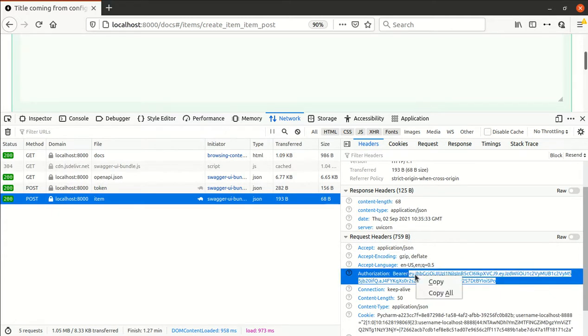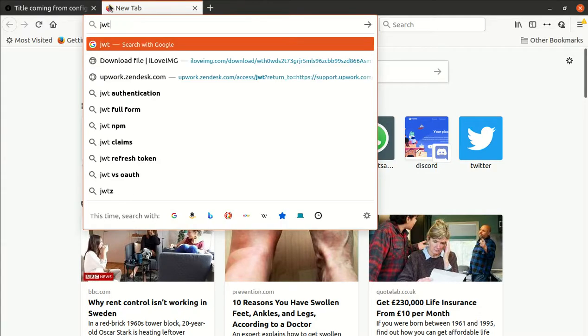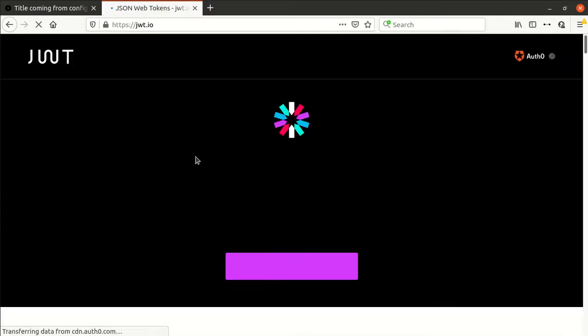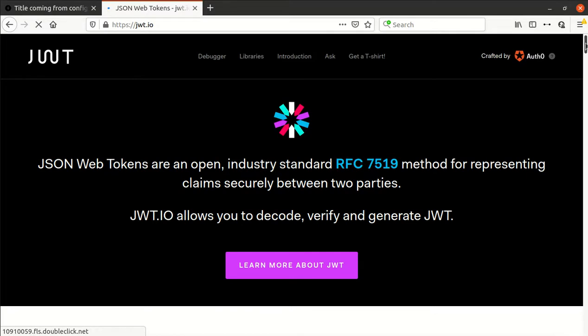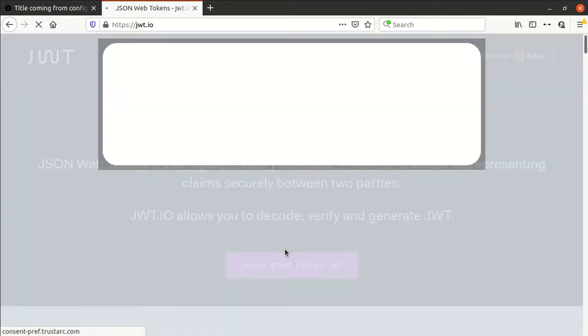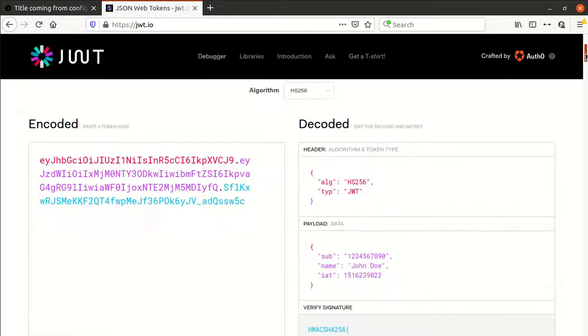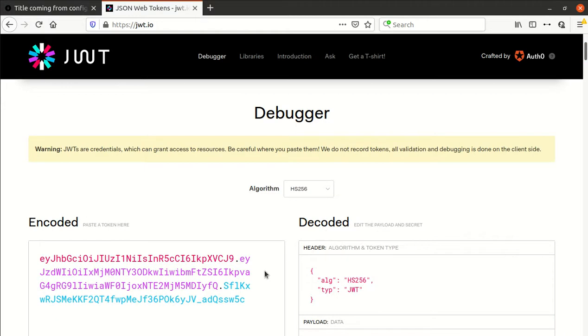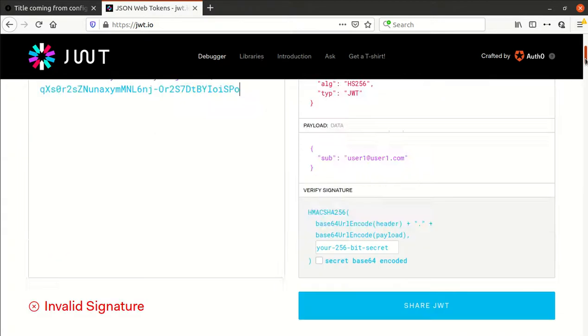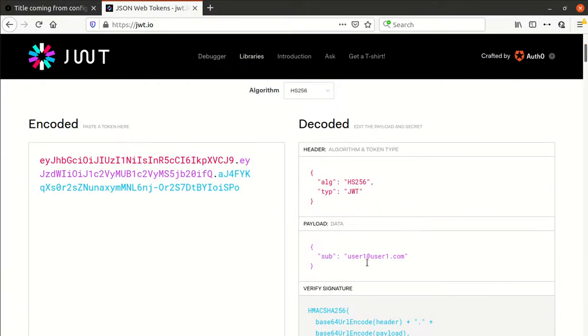If I copy this and go to jwt.io, this is our token only. This is the user we are passing, so this is our token only.